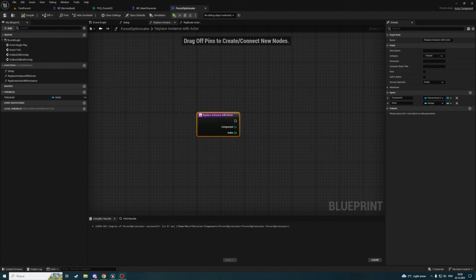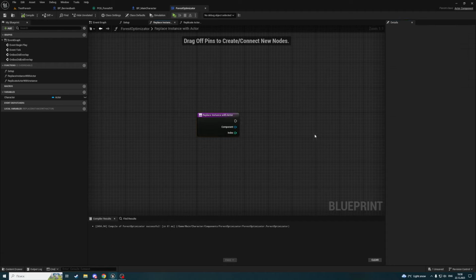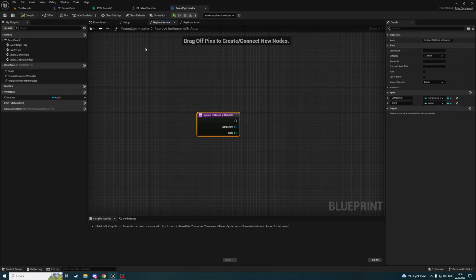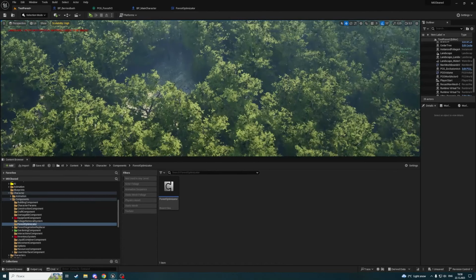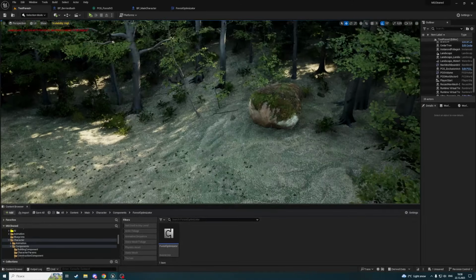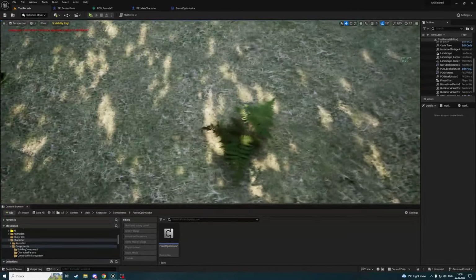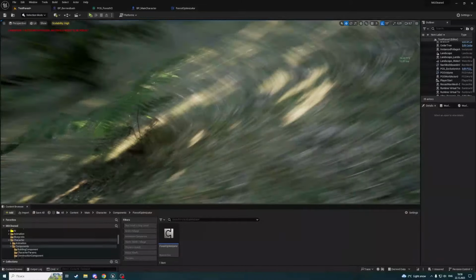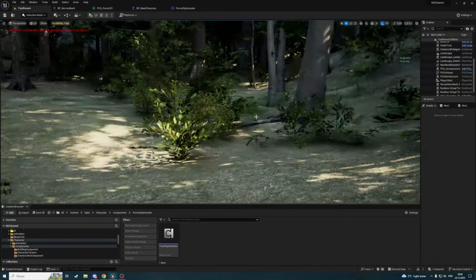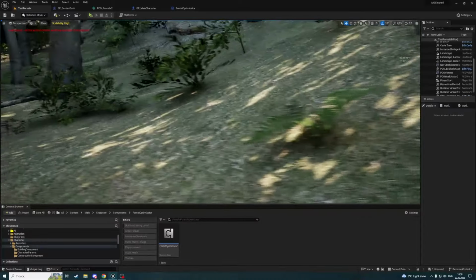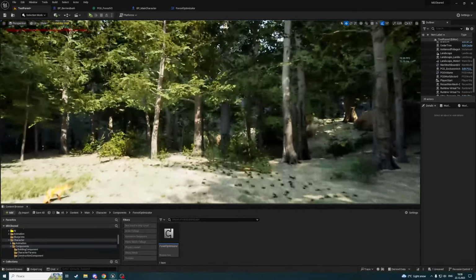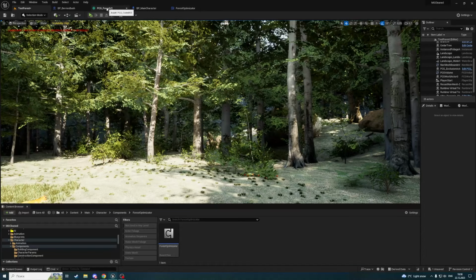Okay, we're going to check here first if a static mesh is replaceable, because for example in my forest I have just decorative items like ferns. For example, like this, it's not interactable and I don't care whether it is an actor or a static mesh, it should just stay here. But everything else here should be replaced. So how are we going to do that? First,